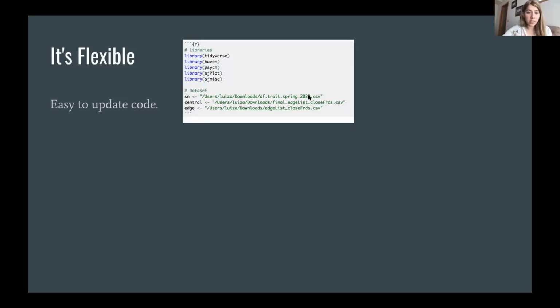I can come here and just change the name, if this is of course how the data frame is called. And my code, given that these data sets have the same variables, they're just updated, should run the same. So the only thing I need to do is change it right here at the top of the file, and then I can run everything like I did before, which saves a lot of time.